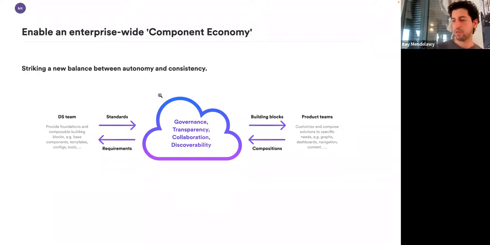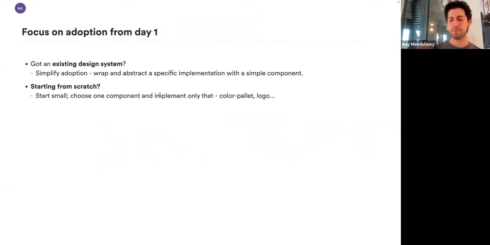So before I wrap things up, if this is something that is interesting for you and this approach makes sense, then the main takeaway that I want you to take from this, you can even forget about Bit for a second, is try and focus on adoption for the design system and those elements on day one. Don't wait to have a robust system of components ready-made for everyone. Try and bring in value from a single standardized item.